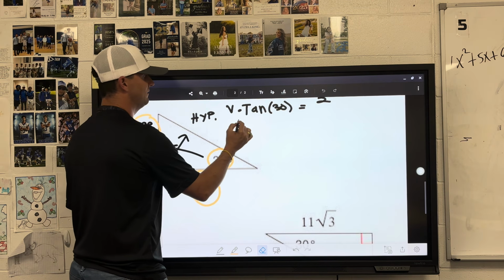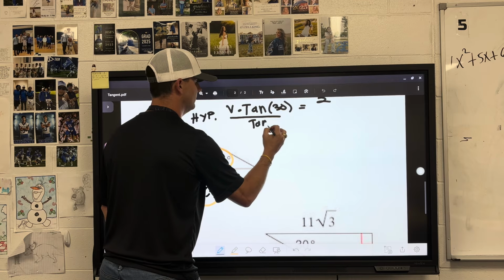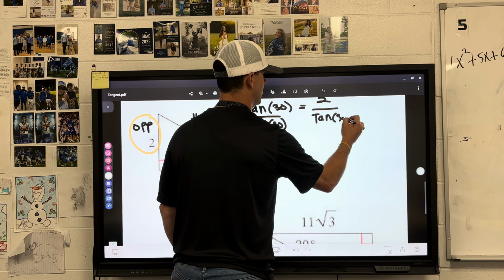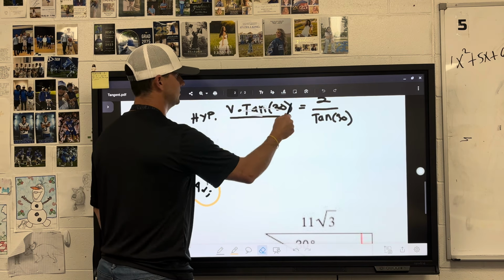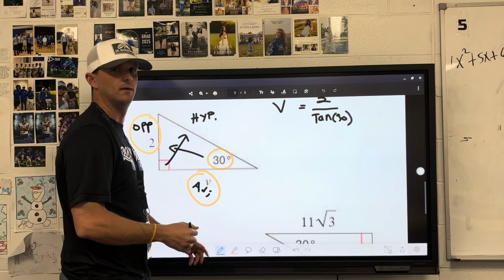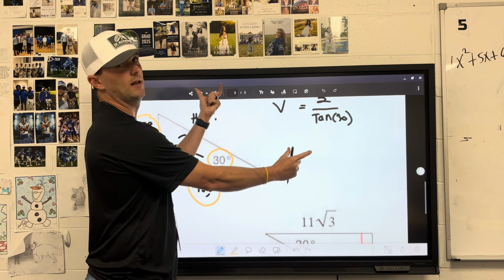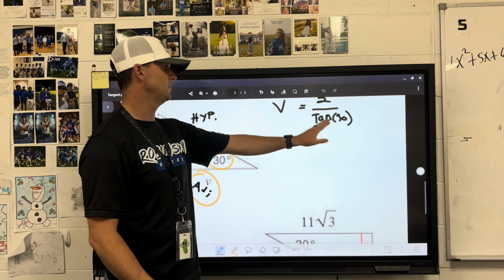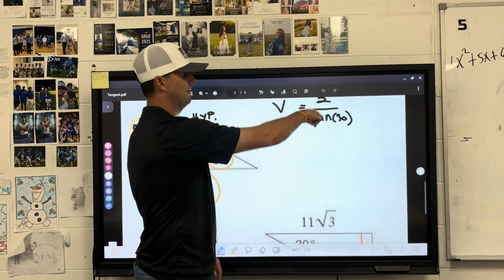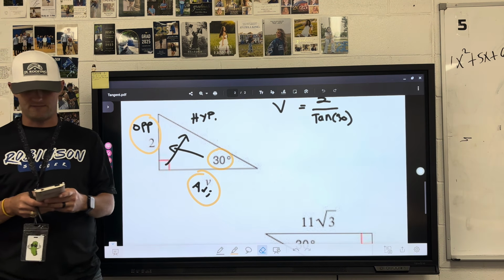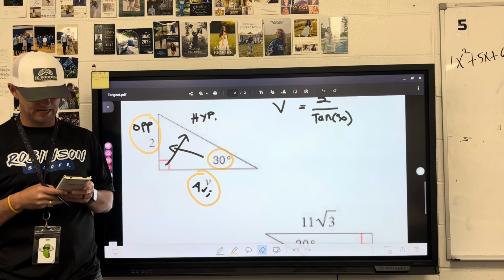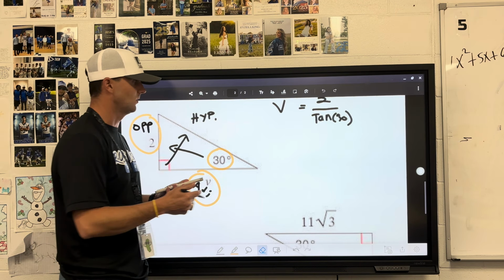So all this is going to go away. Now, to get V by itself, I'm going to divide by the tangent of 30 on both sides, because I know the tangent of 30 is an actual number. When I divide that on both sides, that's going to cancel, and it's going to give me V. Now, if you notice, when your variable's on the bottom, the left side and that denominator basically just switch places. So anytime your variable's on the denominator, just flip those places. Now, if I go type this in the calculator, that's going to end up giving me that value. So I'm going to do 2 divided by the tangent of 30 and click enter. So I'm going to get roughly